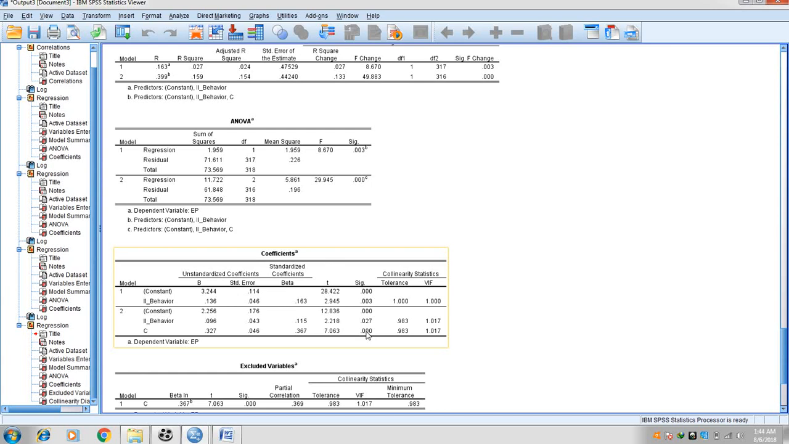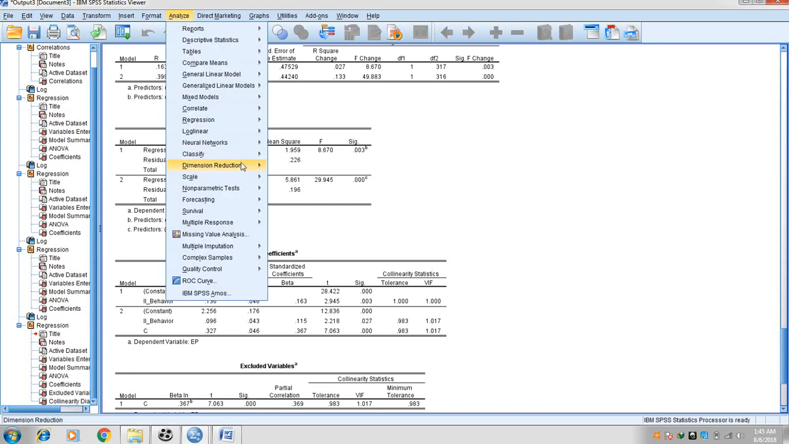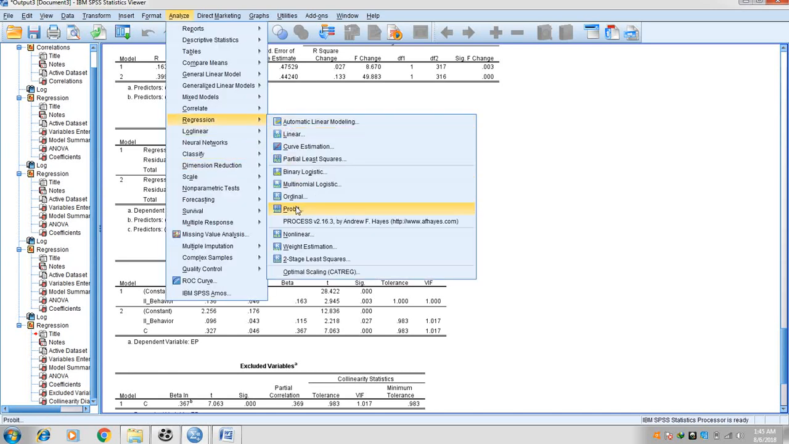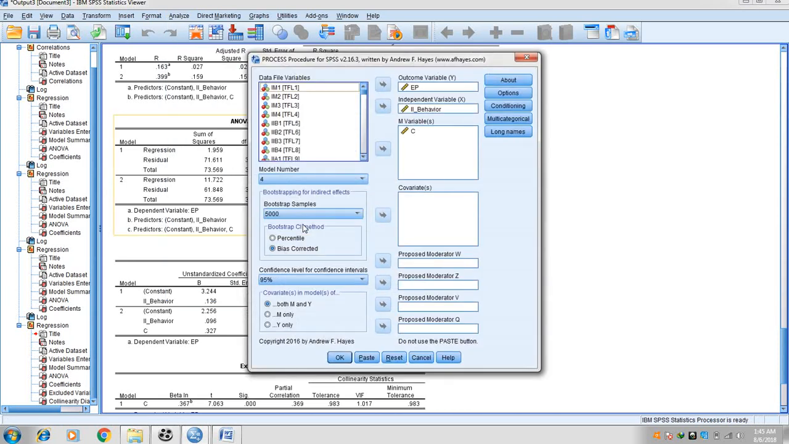Now we will try the Andrew Hayes PROCESS. You have to install the PROCESS file into your SPSS, go to Analyze, go to Regression, and click on the PROCESS file. This box will appear here. You can see outcome, dependent variable, independent variable, and mediator or moderator variable. So first of all, we have to bring